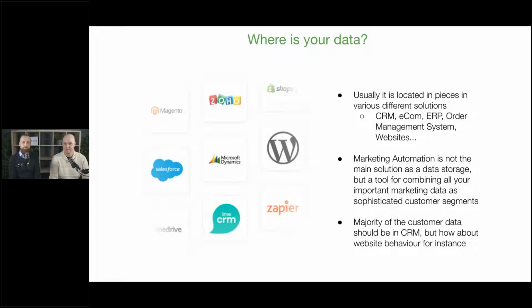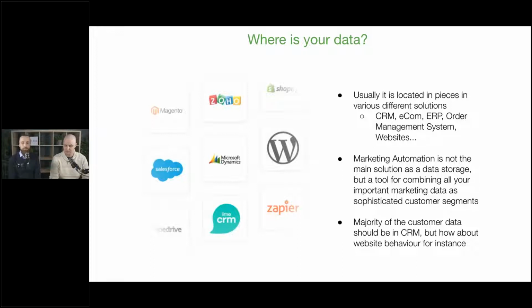So it comes to integrations. You need to import data from CRM or eCom platform or ERP solutions or different kinds of solutions. And then again, marketing automation is not the main solution as a data storage on a company level, so to speak. It's the solution gathering and using data from different solutions in order to create effective marketing messages to the customers.